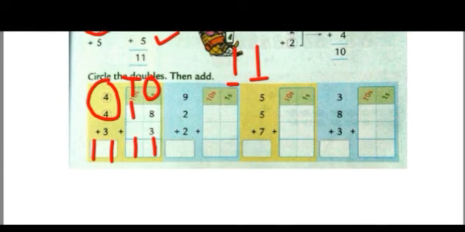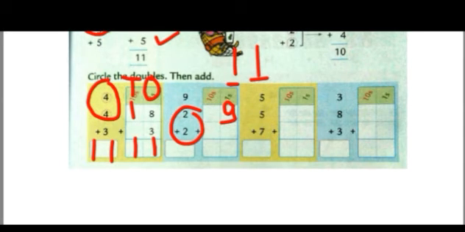Next step. See the next example. 9, 2 and 2 are given to you. So first you need to search for the doubles. So what are the doubles given here? Yes, 2 and 2. So first you will add them. Before adding, first see, 9 is a bigger number. So first let's write 9 separately. Okay, 9 is a one digit number. So that will be written in the ones column.